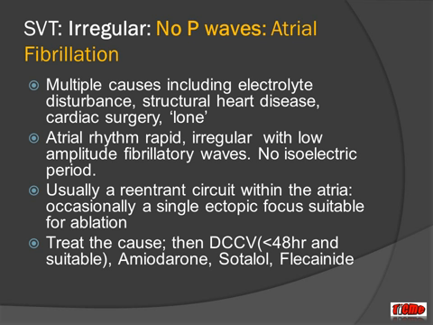Now, the atrial rhythm in AF is rapid and irregular, and it shows low amplitude fibrillatory waves, and that gives the appearance on ECG of having a non-flat or no isoelectric period in the baseline. Usually it's formed because of a reentrant circuit within the atria, but very occasionally, and often with people who are more of the lone AF variants, there is a single ectopic focus which during EP studies can be identified and